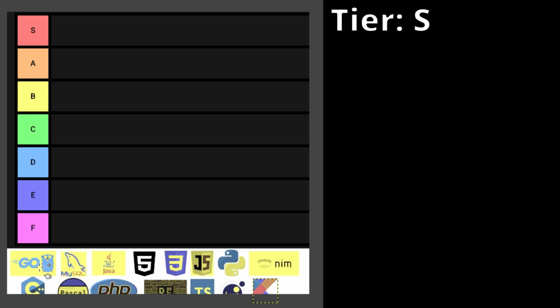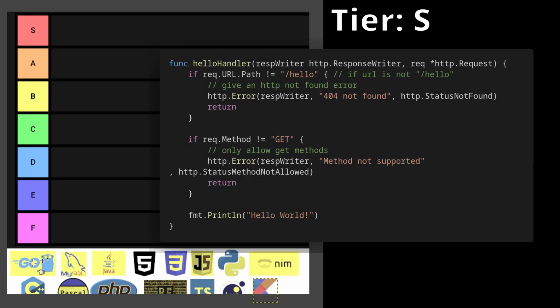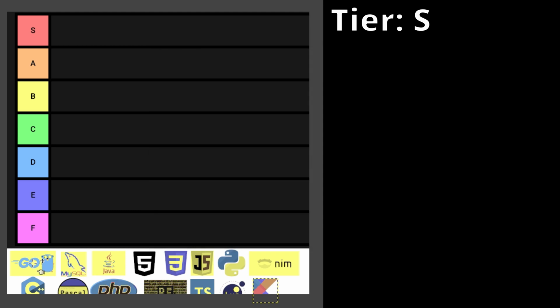Performance-wise, Golang was built to be fast, so its performance is pretty good. It can be compared to Java. Sometimes it's faster, sometimes it's slower, but overall it's still pretty good in terms of performance. Syntax-wise, at first you'll probably think the syntax is pretty gross, but the more time you spend using it, the more you'll start to actually appreciate and prefer that syntax. So that's definitely an upside as well.